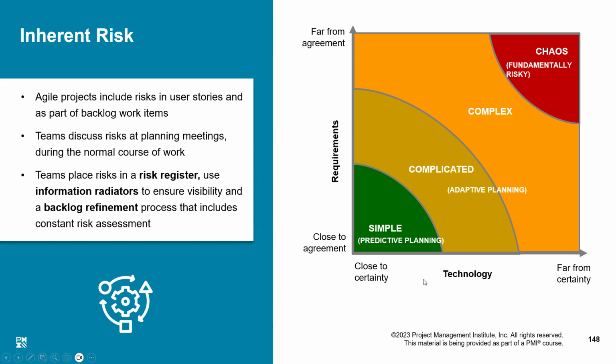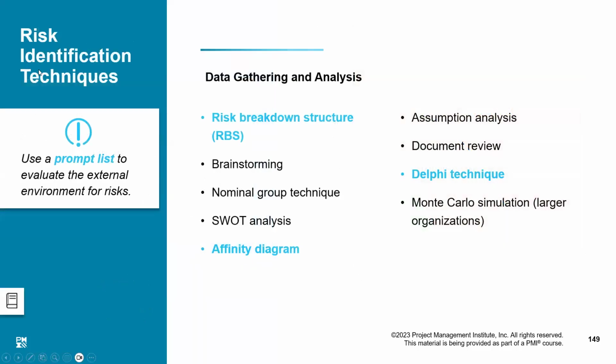Anyways, this was just to give you an idea how the complexity exists within different environments. Then, how to identify the risk. We have various methods of risk identification when we are gathering the data and analyzing it about risk management. We actually use various tools or techniques. One is called a risk breakdown structure, in which we define the various categories of risk and then we explore each category to find out the explicit risks which could occur, which could affect us.